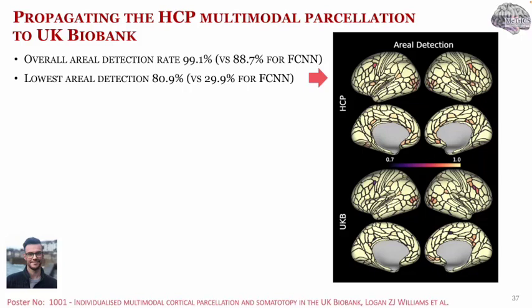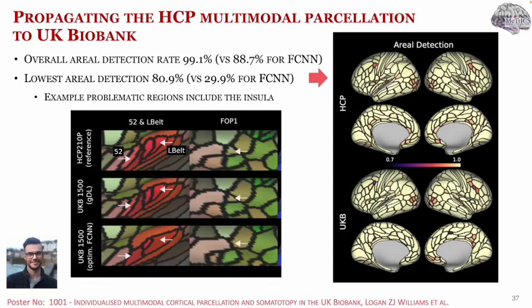Where even the most problematic region in the brain was being detected in 80.9% of all of the 3,000 UK Biobank subjects tested, relative to only 29.9% for the fully connected neural network classifier. And this included specific improvements to areas such as the insula, where here we can see from the white arrows examples of regions that were missing from the group-wise parcellation generated from a vertex-wise classifier, which are now being successfully picked up in the group average parcellation for the convolutional approach,